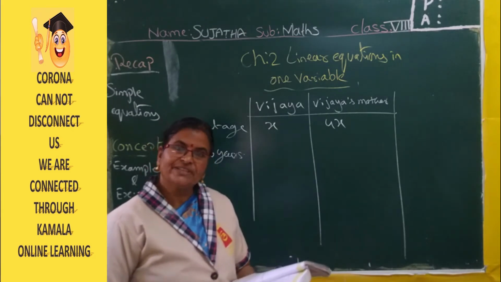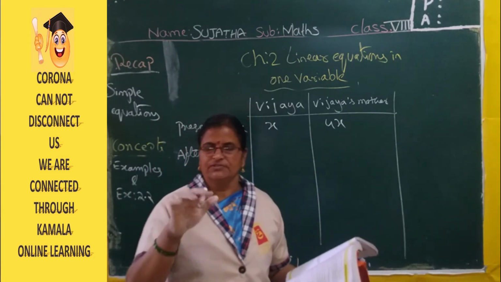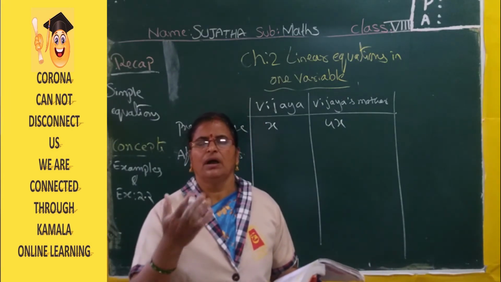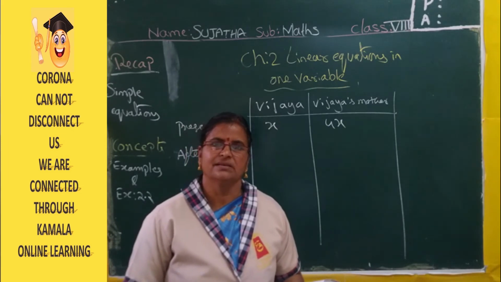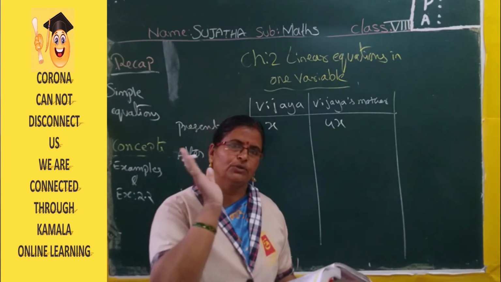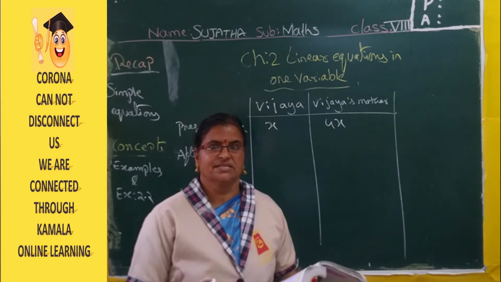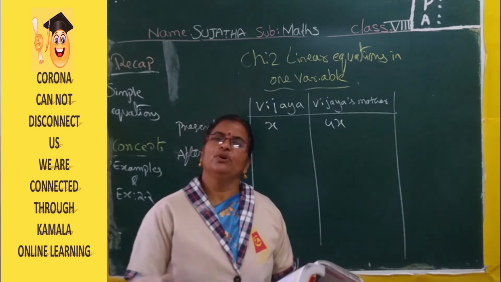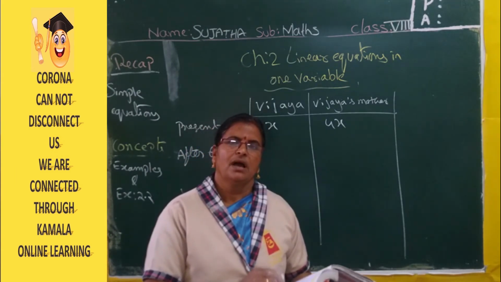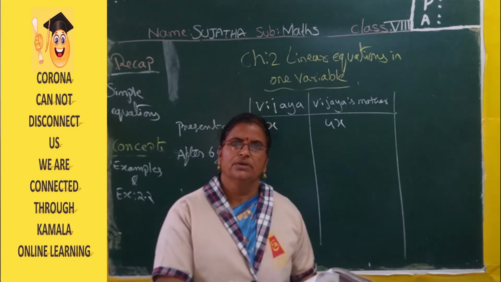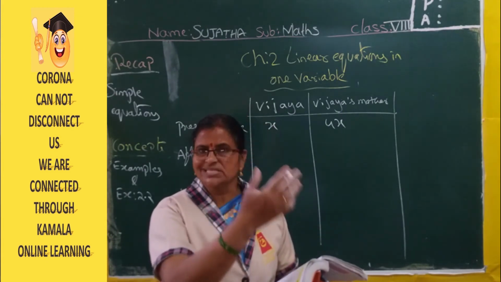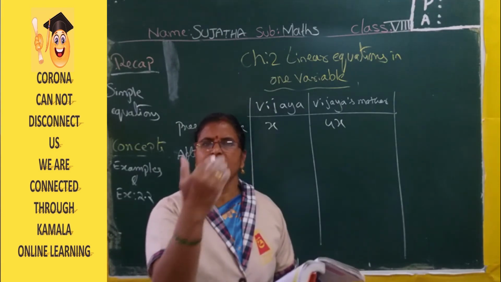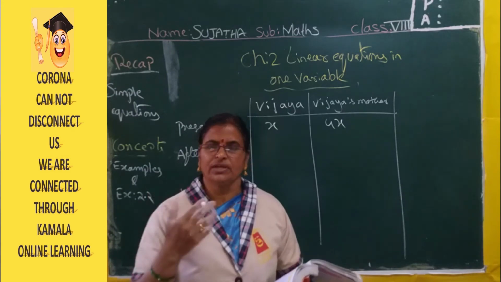Now, after 6 years. After means, for example, your present age is suppose 12 years. After 6 years, what is your age? 12 plus 6 you will add or 12 minus 6 you will do? 12 plus 6, that is 18 years. After means you have to add. Okay, before 6 years, or 6 years ago, what is your age? You subtract, no. 12 present age minus 6 you will do, no. So here after means you should add.